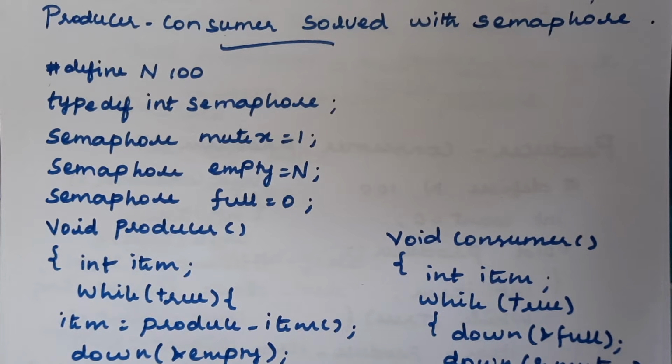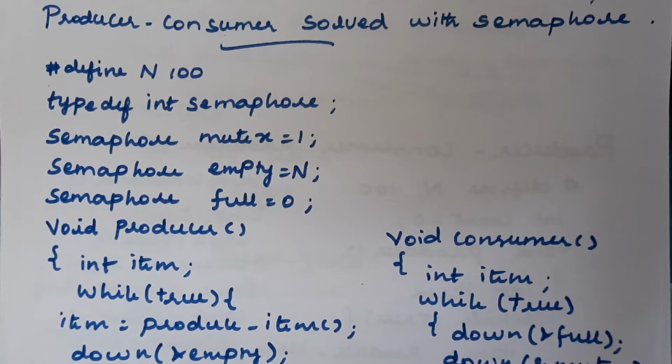Already we have implemented this blocking process in the producer consumer problem, but what happens there is that at the same time both the processes may get into the sleep mode. This may happen in some cases, so we need to avoid this. I've explained how we actually get this kind of situation while solving the producer and consumer problem.